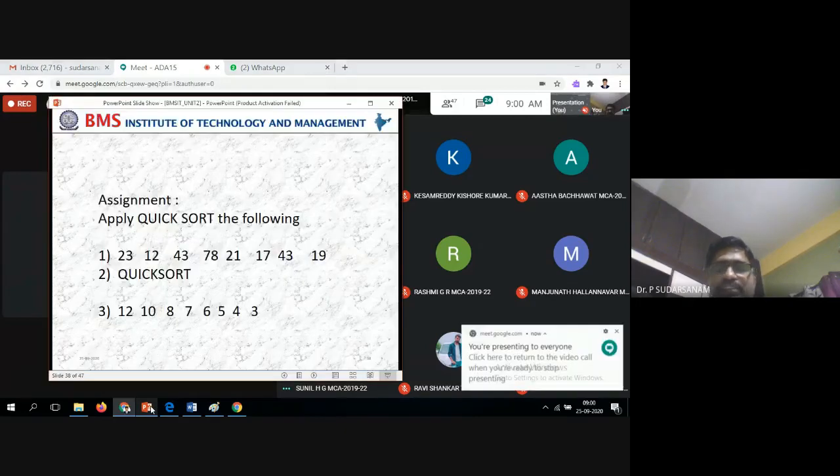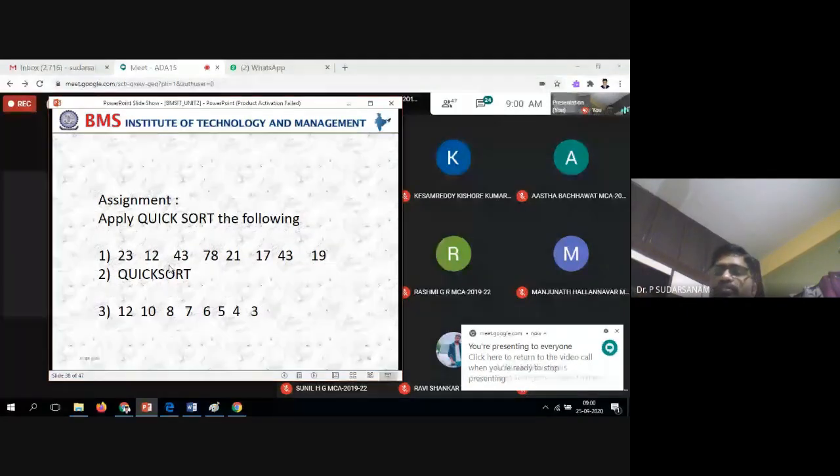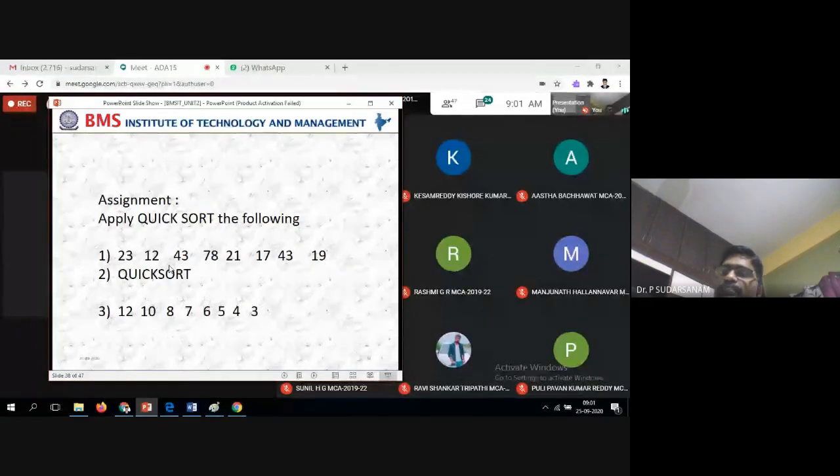Sunil, you yourself, good. So now what happened is, the time complexity is theta of n log n for quicksort. That is over, if partitions are made properly. If the elements are in descending order, that's the question they will be asking in the exam Viva questions. If the elements are in descending order, what is the time complexity for the quicksort? That means every element you are moving into the last location, left hand side only you will be getting the elements, right hand side you are not getting the elements. In that case, time complexity is theta of n square. That's what I want to say.